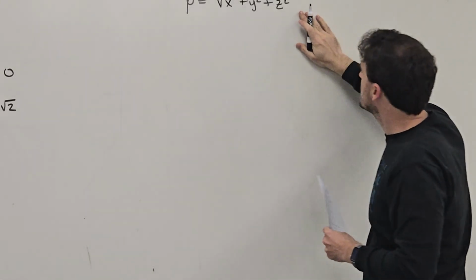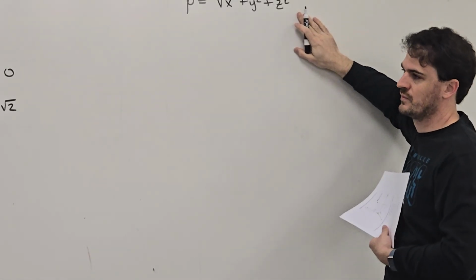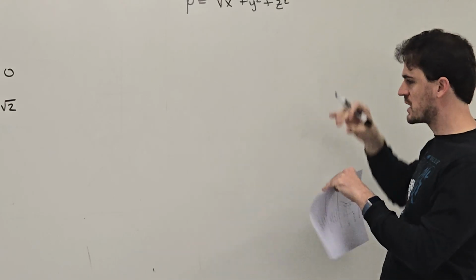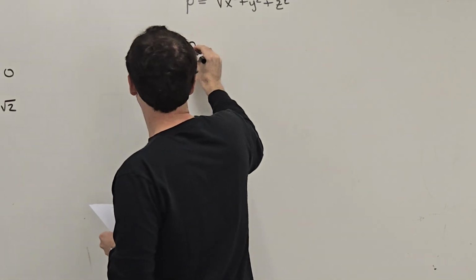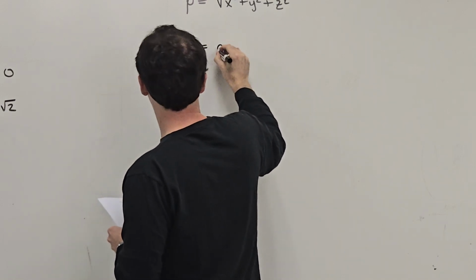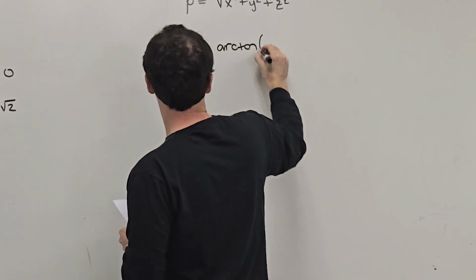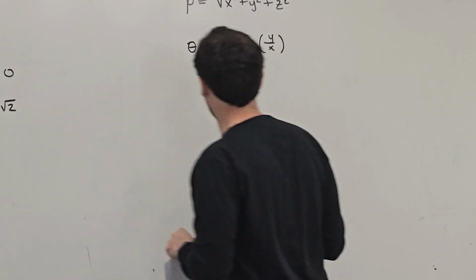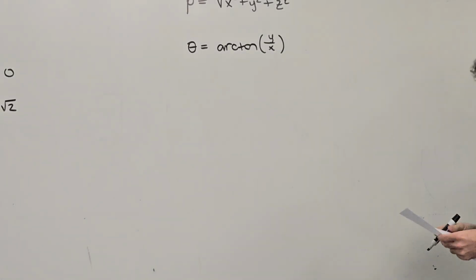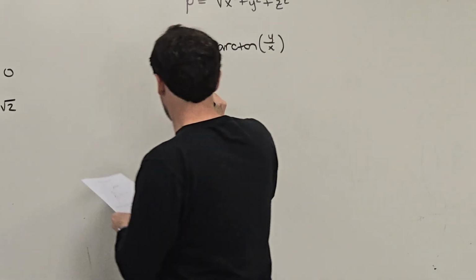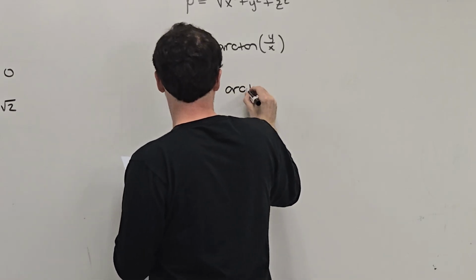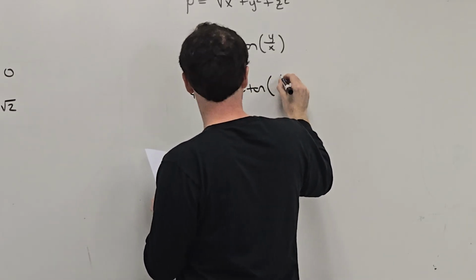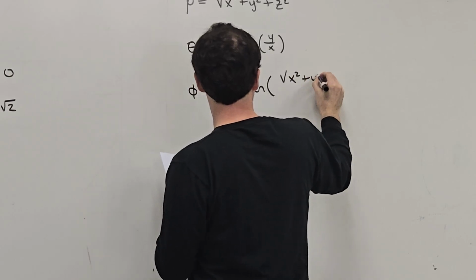So what we see, rho is just a distance formula from the x, the y, and the z. So it gives you that straight distance. So that makes intuitive sense. Theta, well, I promised you from last time that theta is still theta from cylindrical, so that never changes. Theta is arctangent of y over x. And now our new one, phi, is the arctangent of the square root of x squared plus y squared